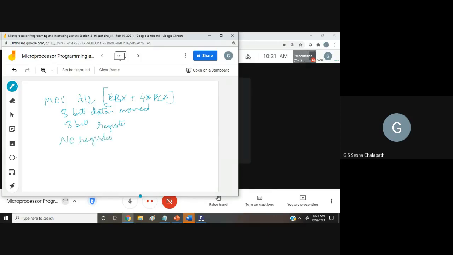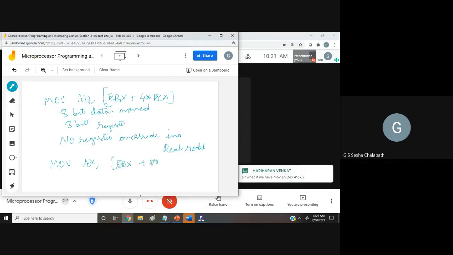In real mode, and in fact if you use an 8-bit register, you will not get an override even in the protected mode, that is the 32-bit operation mode also. Let us say I use move AX comma EBX plus 4 into ECX. No, that's not allowed, Hari Venkat. Here I'm moving 16-bit data.